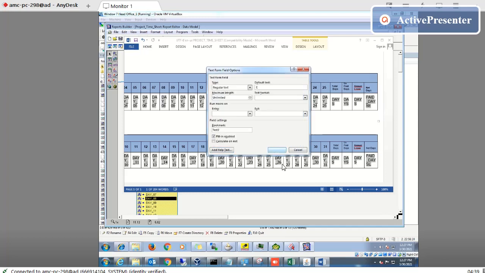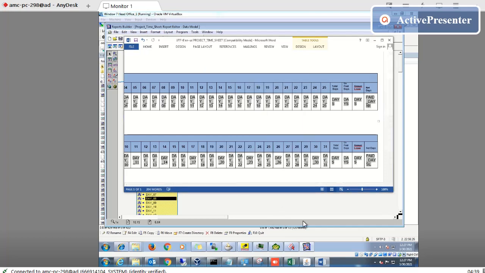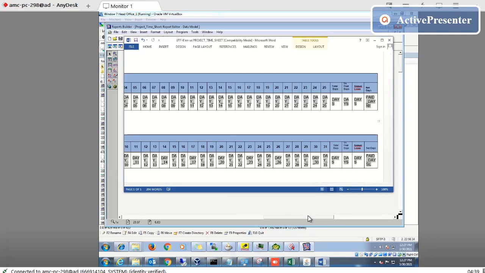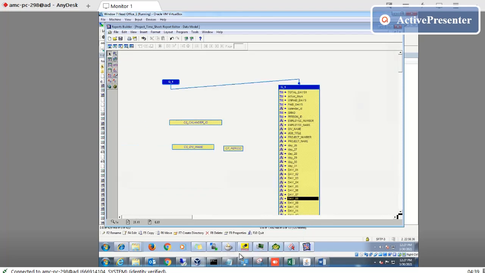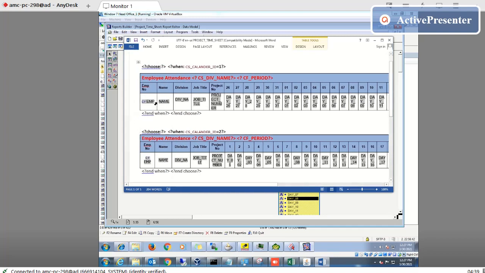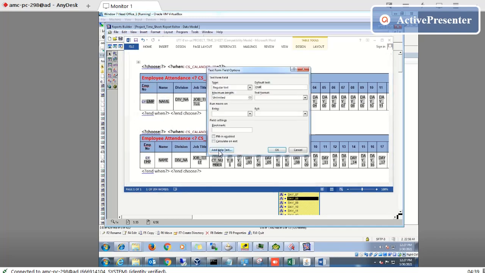After that, you have to mention the variables here. This one. Okay. See, employee number name is coming here.